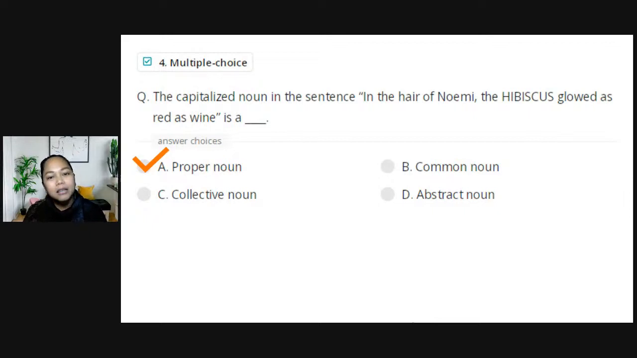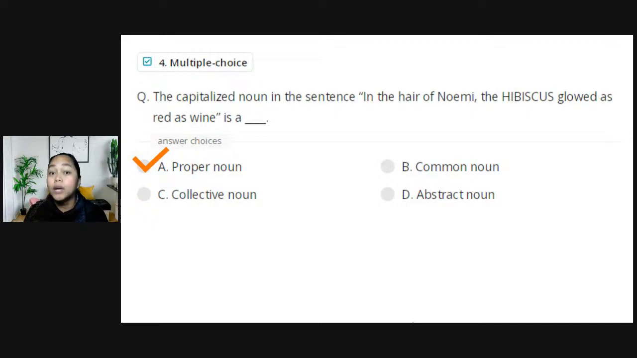A collective noun, of course, is a noun that stands for the members of a group. For example, a school of fish is a collective noun. Family, for example, all the members of your clan, is a collective noun. A bouquet, a group of flowers, is also a collective noun. Those are some examples of collective nouns. Abstract noun, of course, is